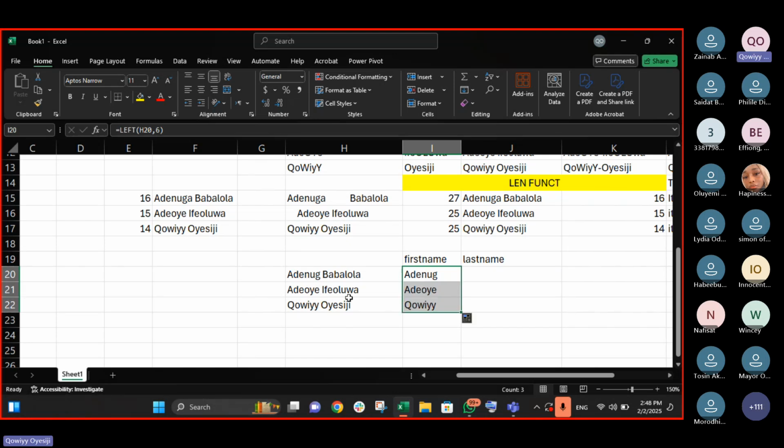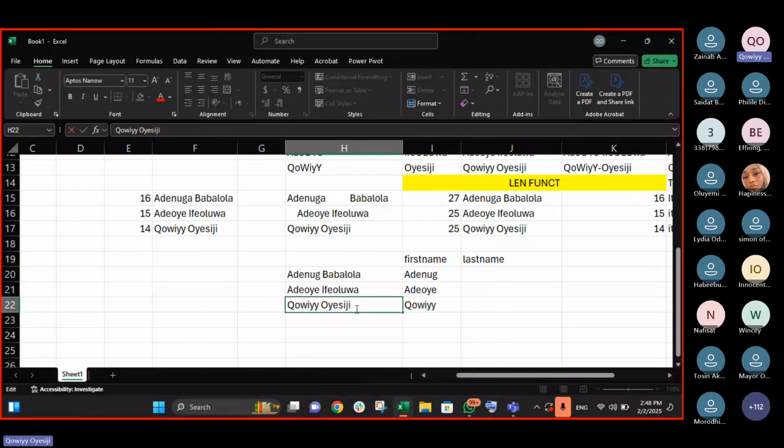Now, I'm assuming that everything I'm having here is the same length, so let me customize my names like this. Let me add H to this, so everything will be 9-letter words. Let me add H to this. If you know it is an 8-letter word. Okay, let me turn this one too. Yes, everything is now 8-letter words.